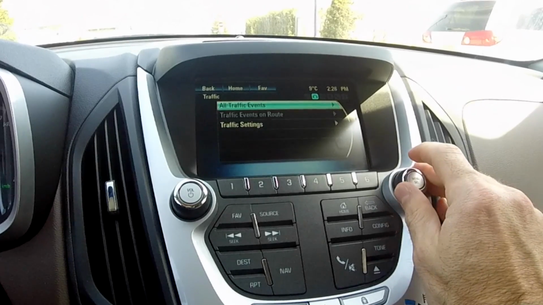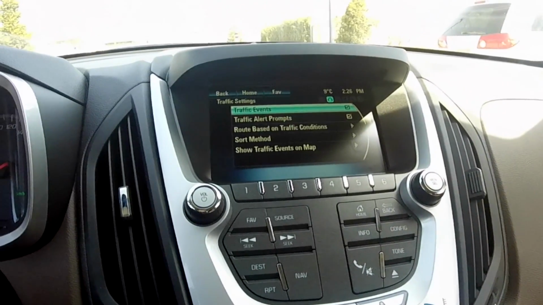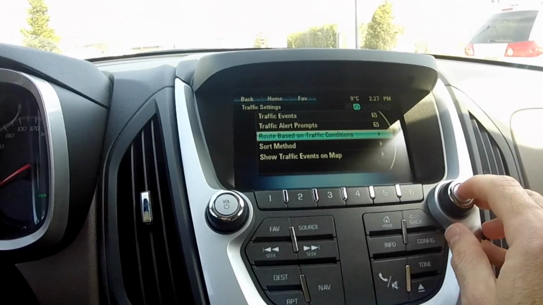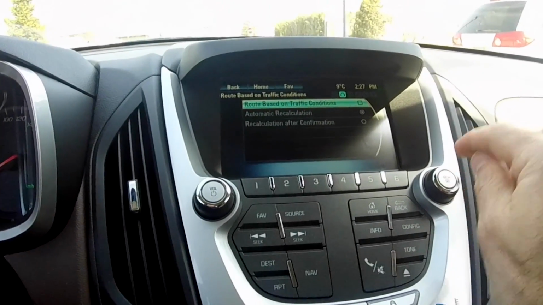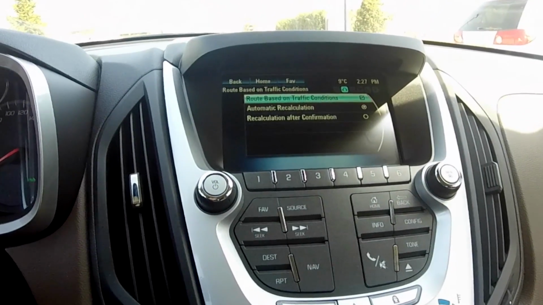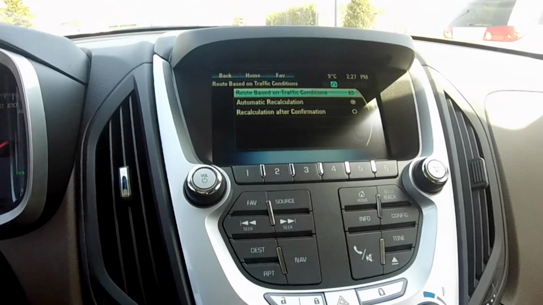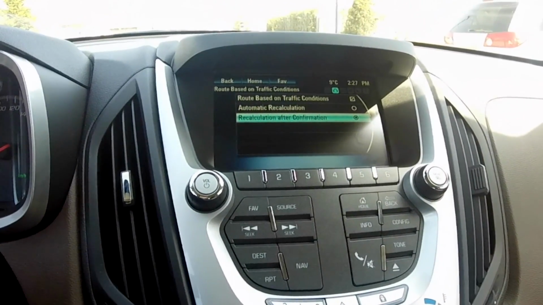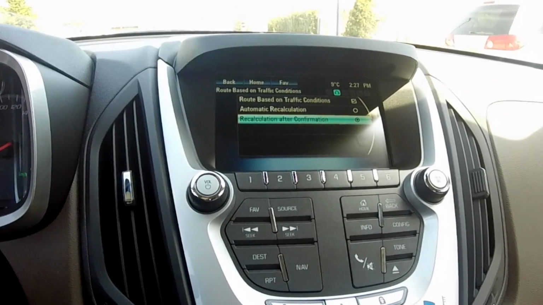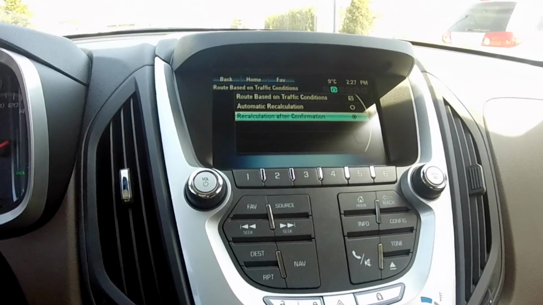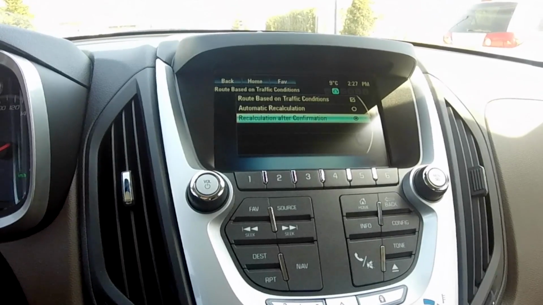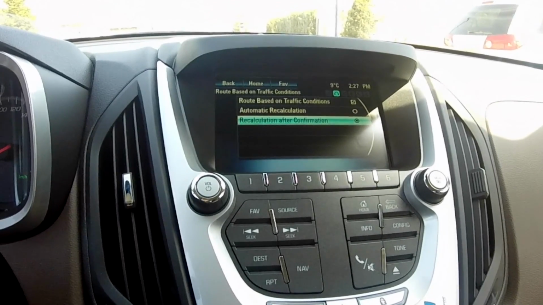Kind of interesting. Traffic settings, traffic events, route based on traffic conditions. Oh yes, automatic recalculation. Okay, recalculation after confirmation. So yes, I don't want it to tell me, well, I guess this is for when I'm traveling somewhere and then there's